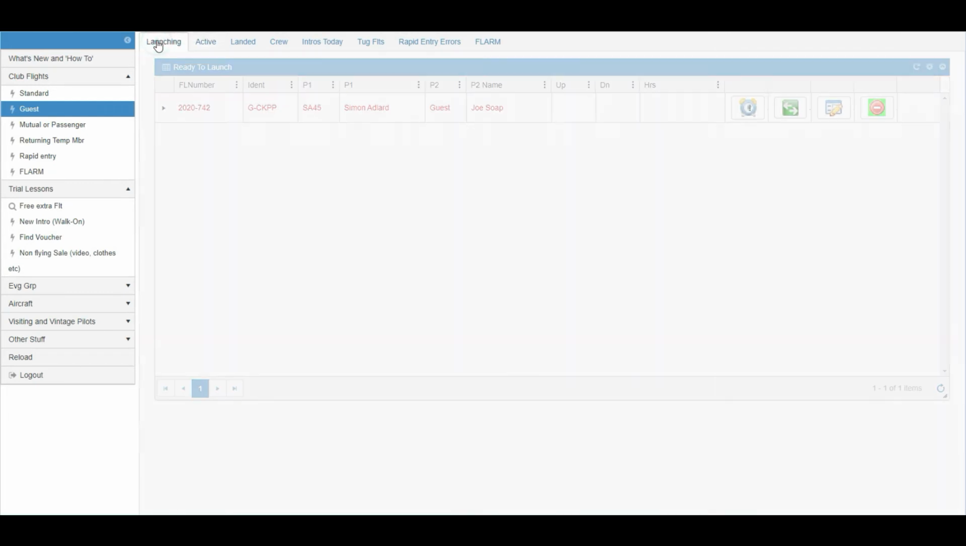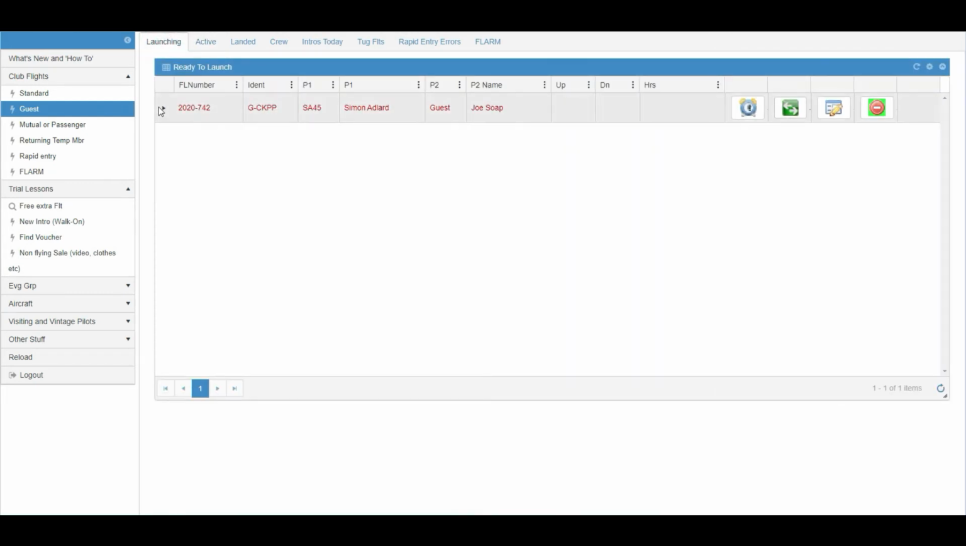Now again, that's on the ground ready to launch. We'll find it in the launching tab. And that's it. Just proceed to launch the flight as normal by clicking the clock, and when it lands, land the flight as normal by clicking the clock. Job done. Just one quick note about the next option down, the mutual or passenger flight, which I'm not going